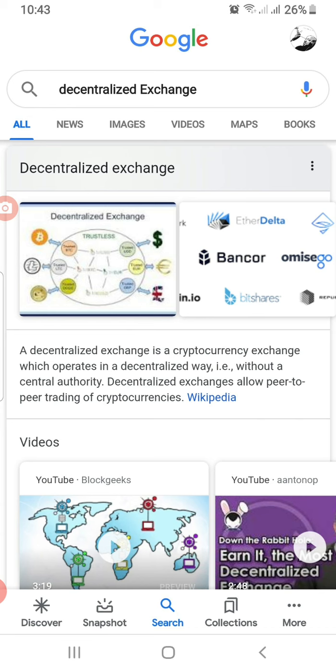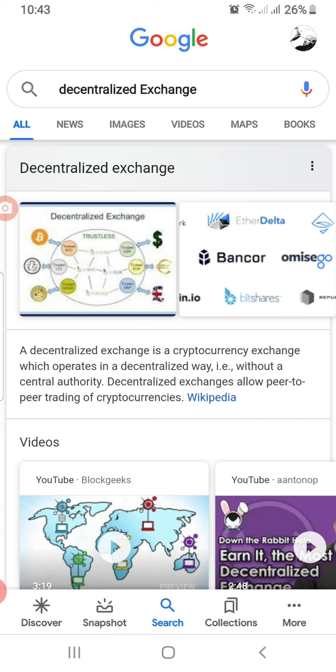A decentralized exchange is an exchange that operates in a decentralized way, which means it has no central authority. In that case, it allows peer-to-peer trading of cryptocurrencies. Now, some exchanges claim that they are decentralized, but they still operate the same way centralized exchanges operate. The likes of Bitcratic Exchange, Etherflyer, EtherDelta and Fork Delta, and even Bamboo Relay and other relays.